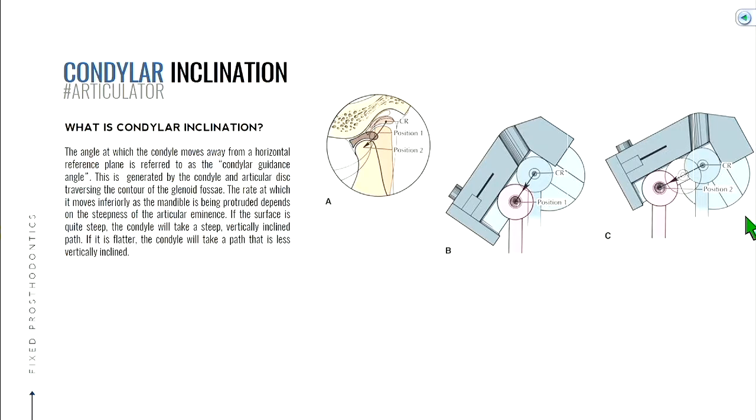Okay. Does that explain a little bit about condylar inclination? So let me do this. We talked about how we want to set the articulator more shallow than what your patient would have in their mouth. The average for a patient, we'll say, is about 45 degrees. If you want to avoid interferences, you want to set your condylar inclination more shallow than what your patient